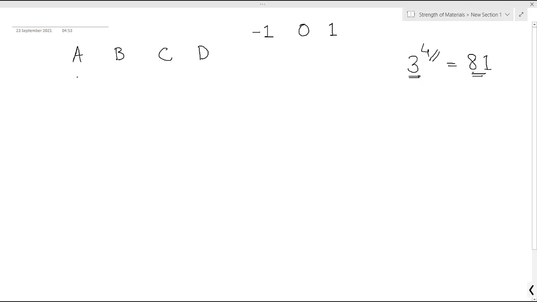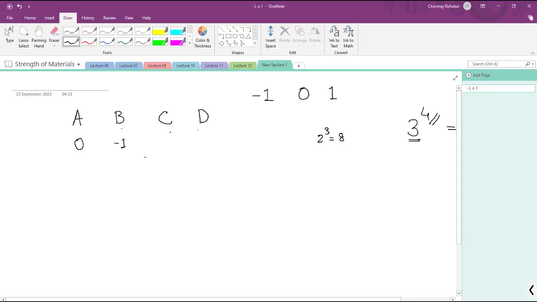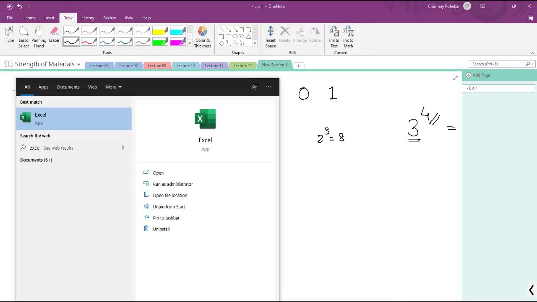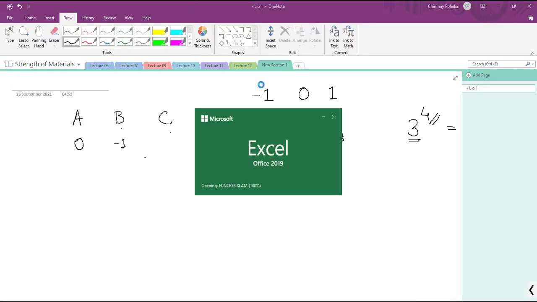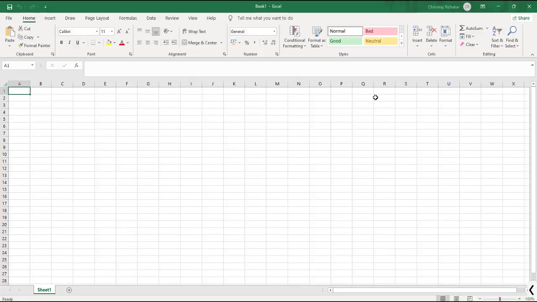First, keep one factor at 0 level and perform full factorial for the 3 other factors. So full factorial for 3 factors is 2 raised to 3, which is equal to 8. I will do it in Excel, it will be much better to see. See over here, there are factors A, B, C, D. Just 1 minute.